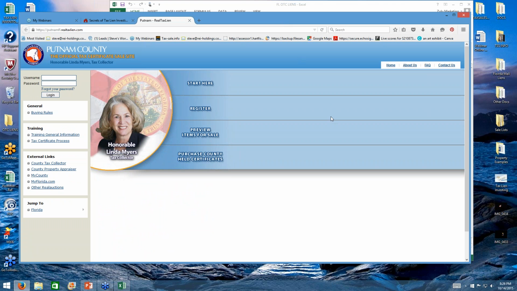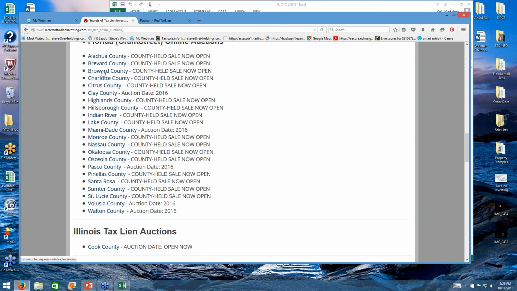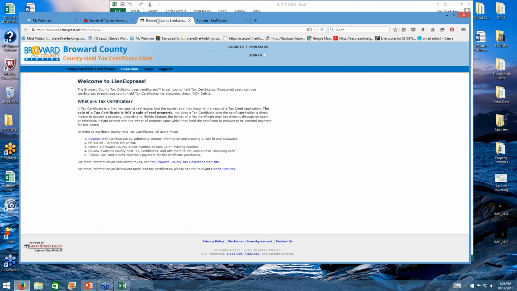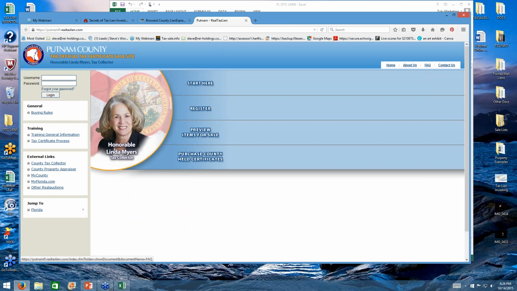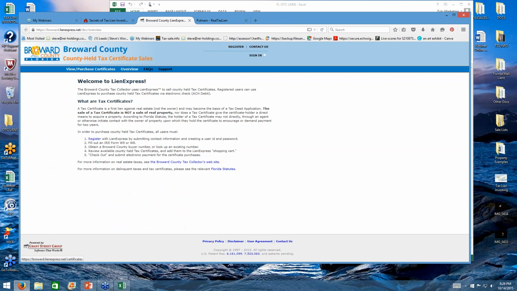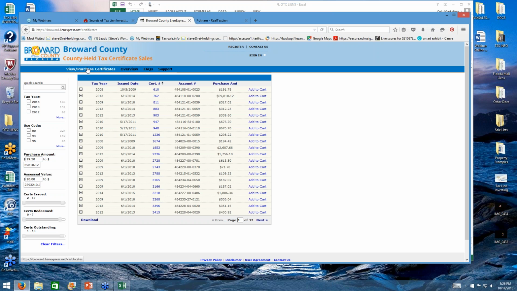You can find good tax lien certificates and maybe even better tax lien certificates in any of the other auction websites. It's really just a matter of going through and reviewing them. Now, with Grant Street Group, there are some sweet features that I like about them. And there are also some things that I like about Real Auction more. But they're both websites that we can use to purchase over-the-counter tax liens.